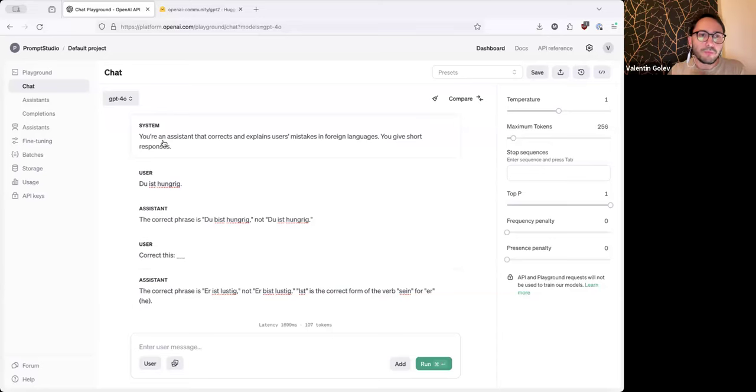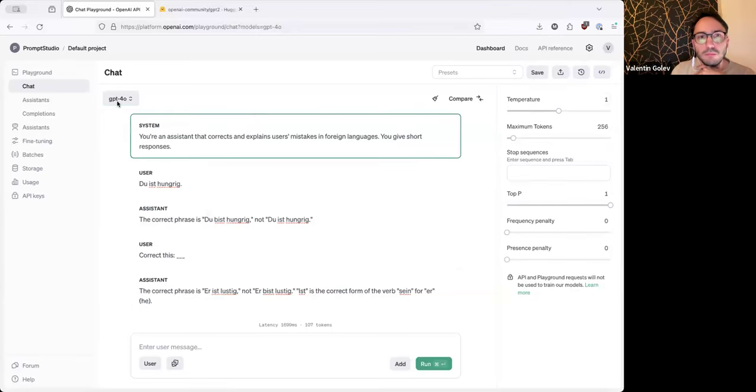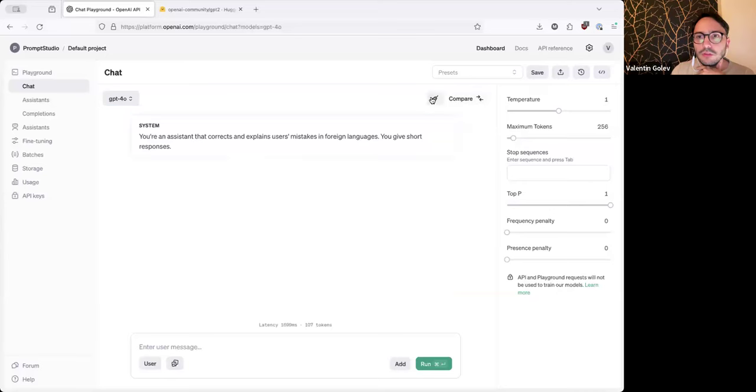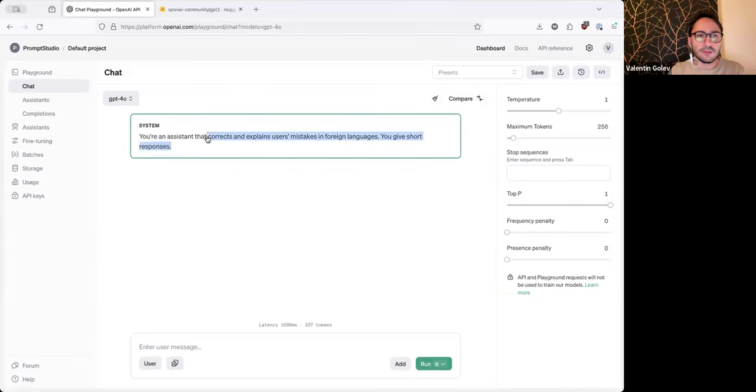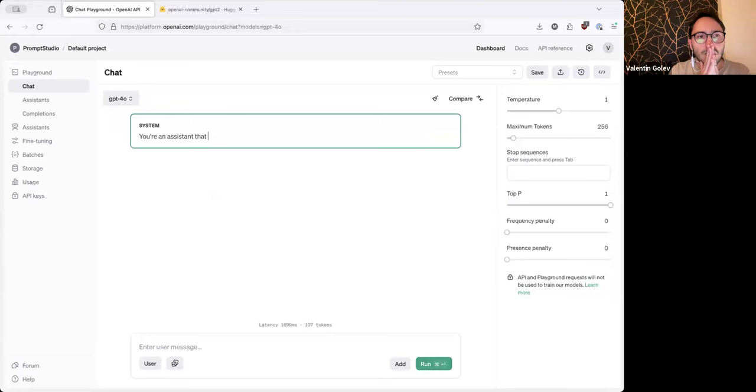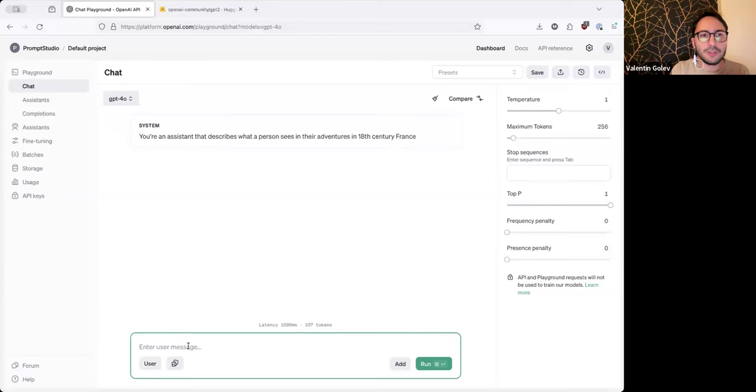For example, you have an assistant that describes what the person sees in their adventures in 18th century France. And then let's say we imagine the user saying something like,